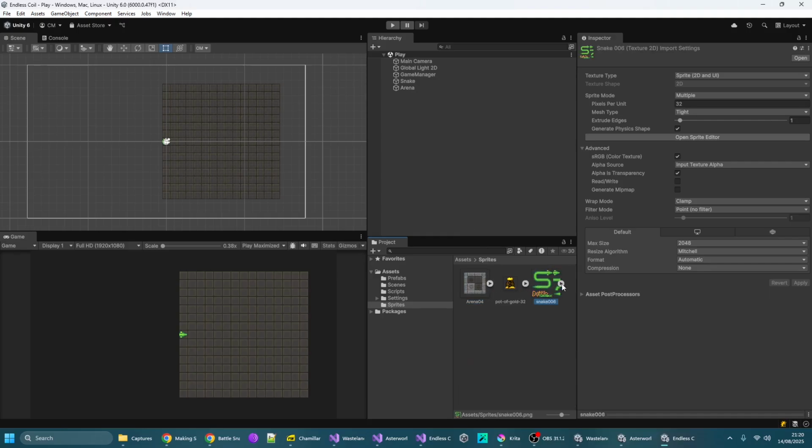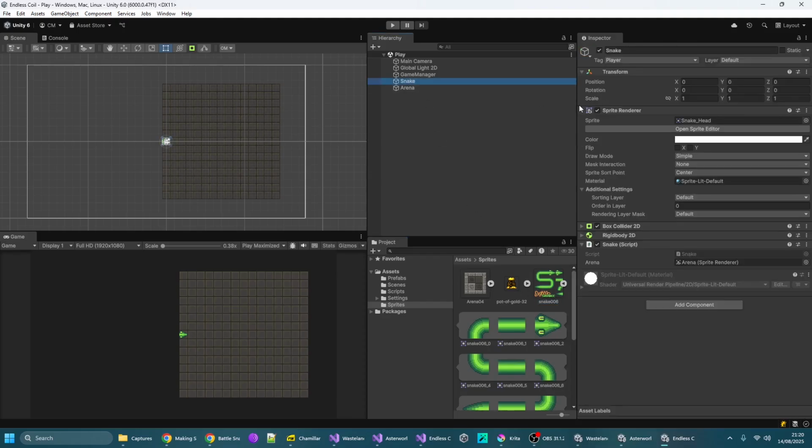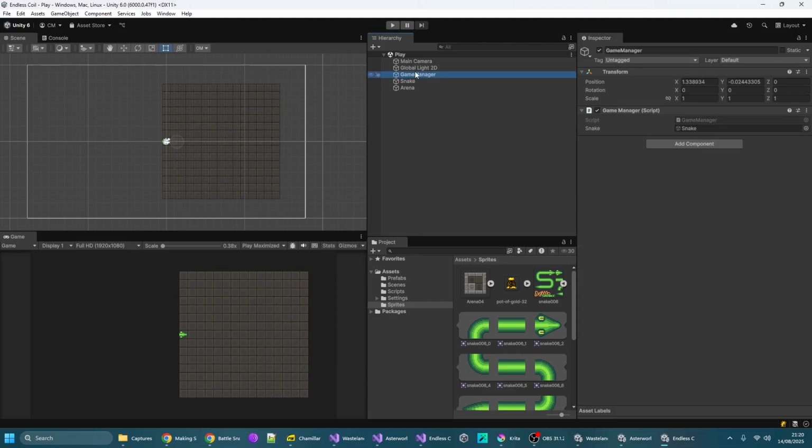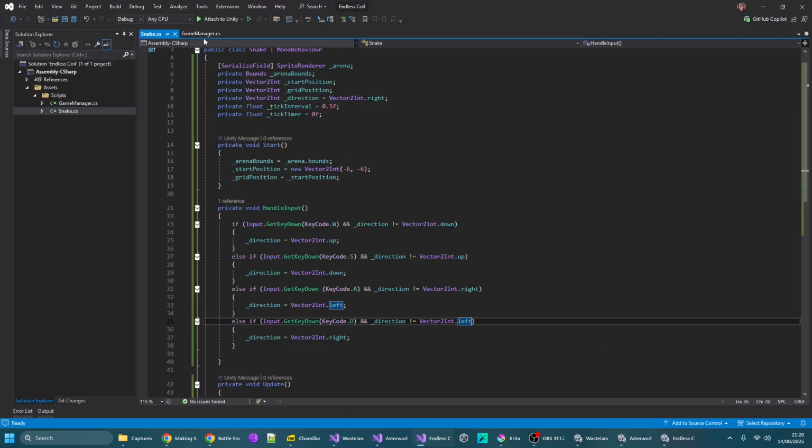So all I've done at the moment here is I've just got the snake head up here. I've tagged that to be the player. I've got a game manager object, but this is empty at the moment. And I've got very little code. So what I want to do is have the gameplay in here. There's no code in this one yet, so it's just the